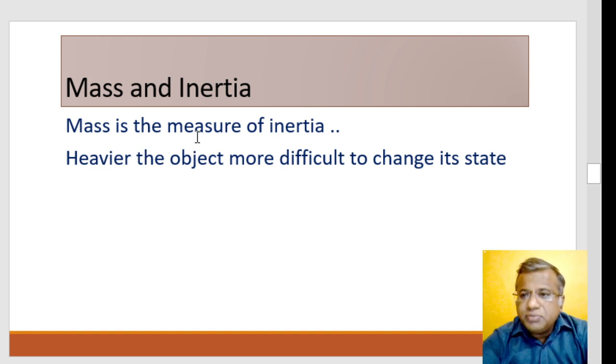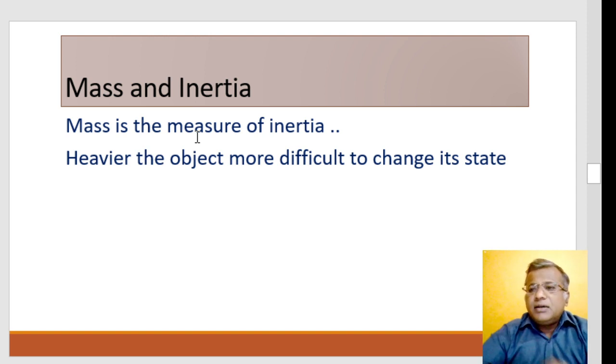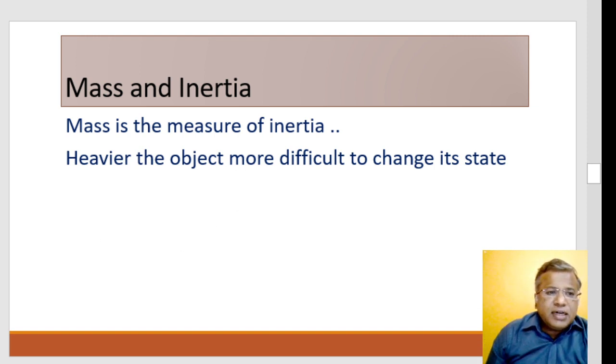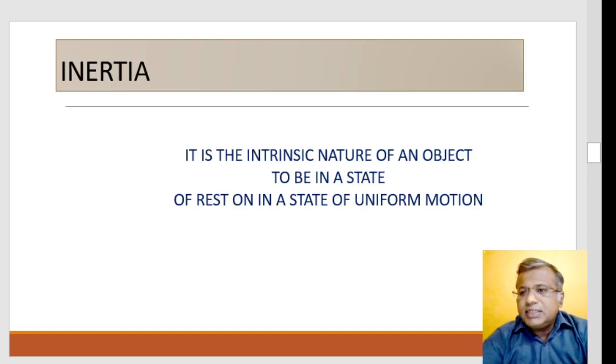Like for example, if I tell you to take a book and keep it at the other end, very easily you will take the book and keep it there. But if I tell you to take this heavy rock and keep it at some other distance, that becomes very difficult. That heavy rock will have more mass, so it will resist more in the change of state. That's why you get a normal question in examination, what is the measure of inertia, and the answer is mass. So once again, the important thing about inertia is it's an intrinsic nature.